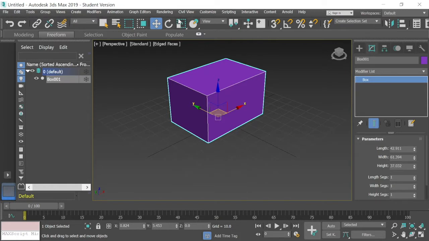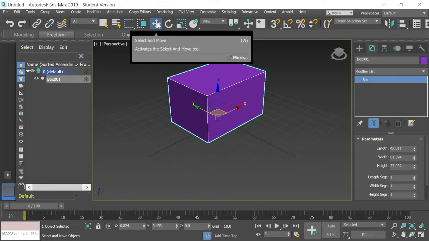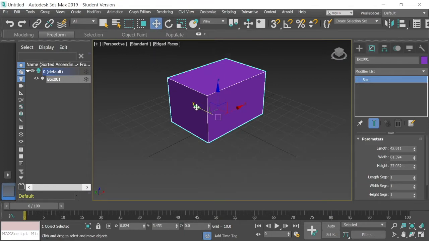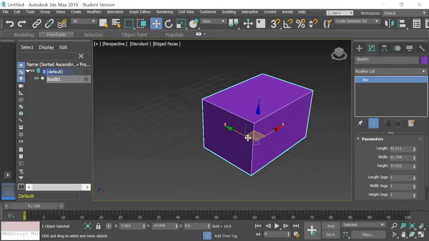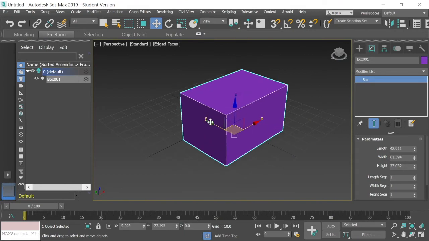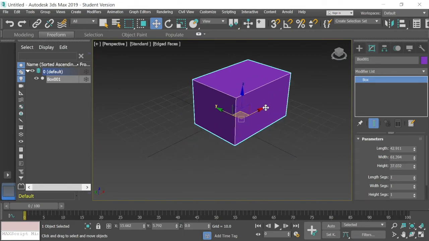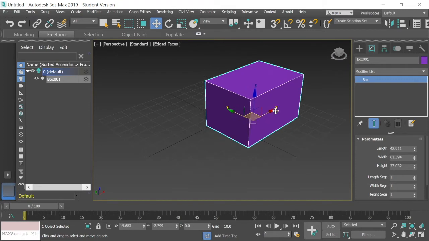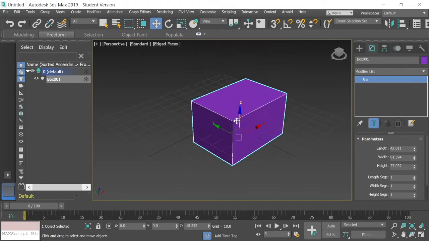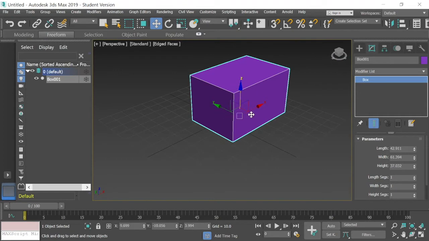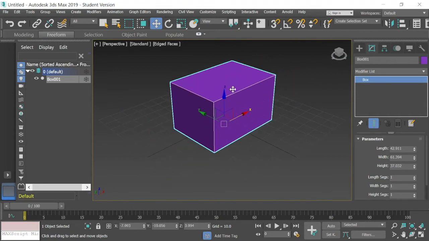All you have to do is, first of all, select the Select and Move tool. Make sure you have that selected, the cross with the arrows on the ends up at the top. And remember, you're in a 3D environment, so you have an X, Y, and Z axis. What that means is, if I select the Y axis, I'm going to slide my cube along the Y plane. If I select the X axis, I'm going to move the cube on the X axis. And then if I select Z, I'm going to move the cube vertically up and down. So Y and X will move it horizontally, where Z will move it